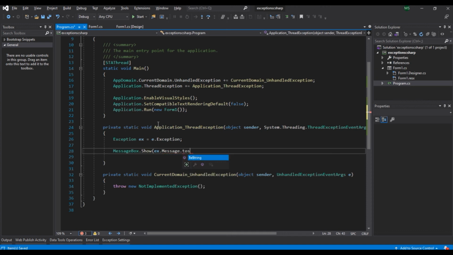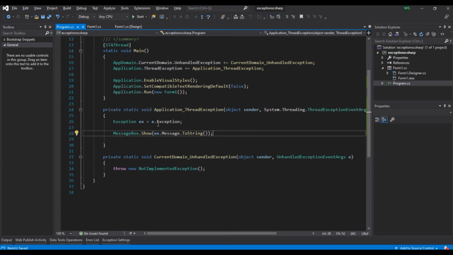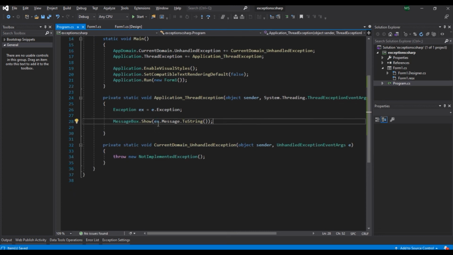Since this is a global exception handler, we do not know what type of exception it may catch. Depending on the size of your application's source code, you may have to evaluate that. For demo purposes, I am going to show a general exception message.